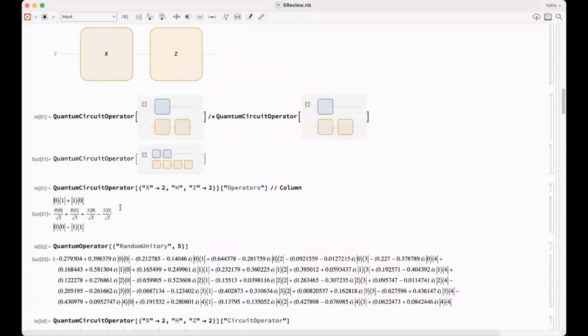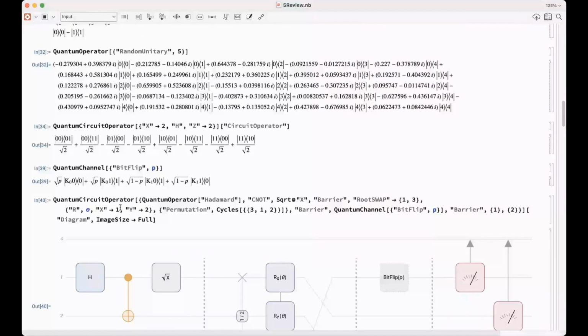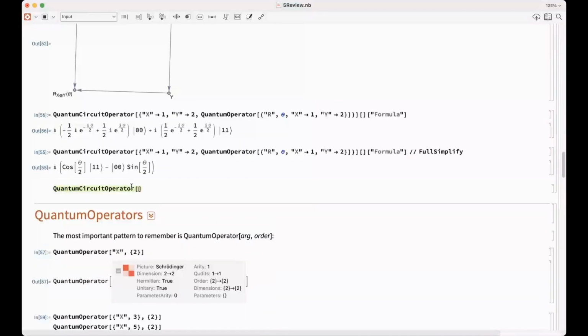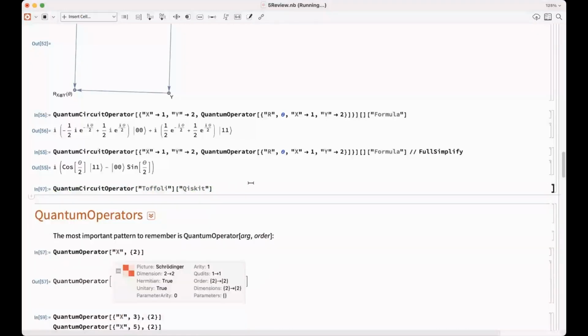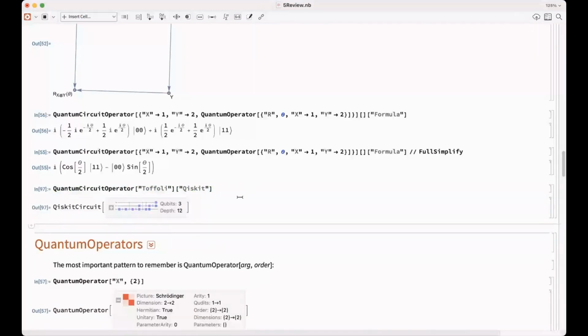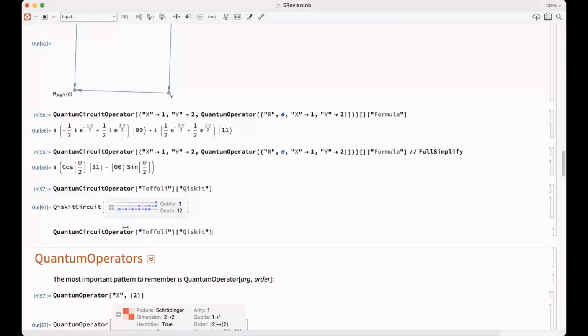Let's just show one example. For example, that's the Fourier. You can ask for the Qiskit. And by the way, the moment you say Python, remember your external evaluate, etc., you just need to set them up. So this is the Qiskit circuit, and it works the same way as our circuit. It just goes to the Python environment,